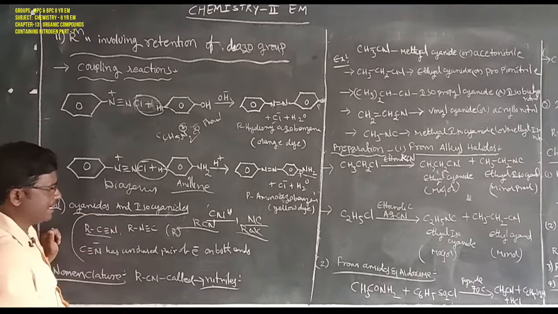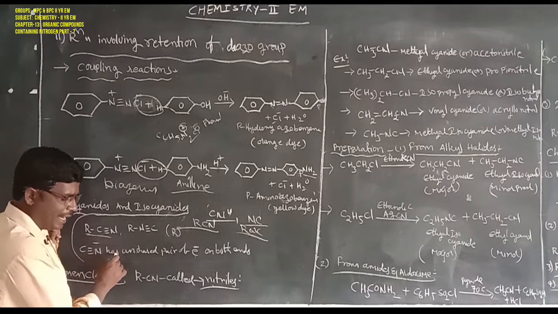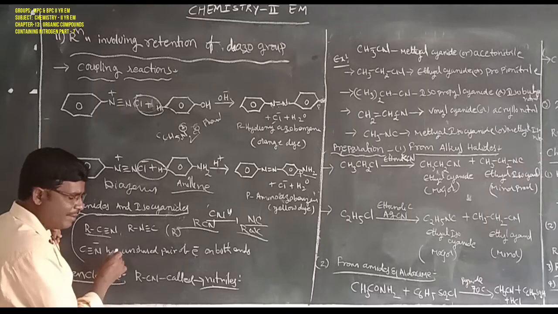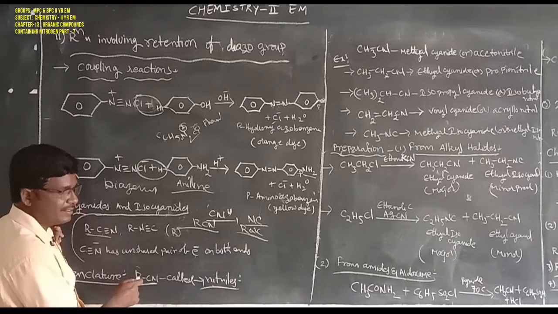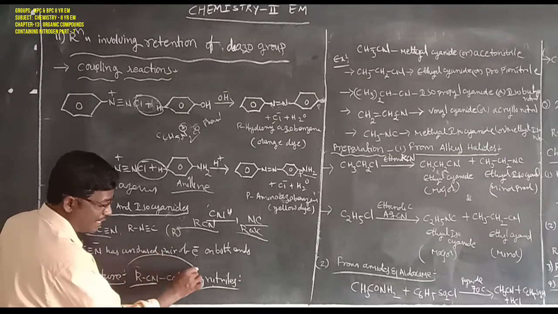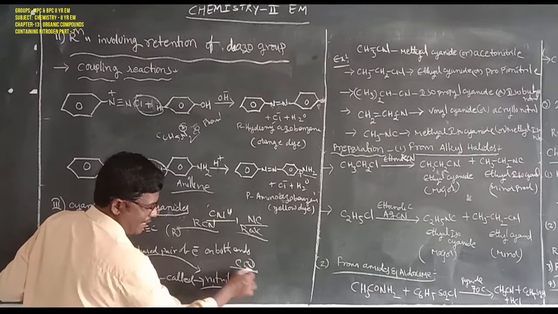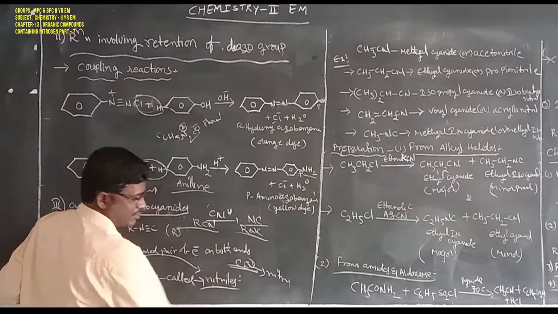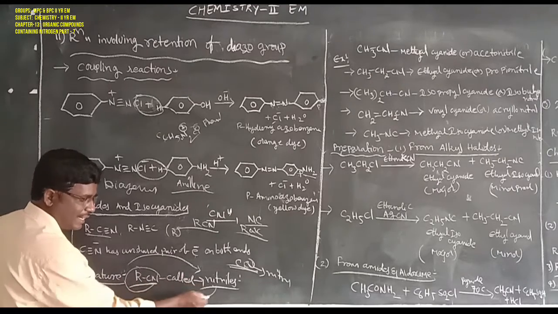That is also known as cyanides and isocyanides. Nomenclature: alkyl cyanides or alkyl isocyanides are named with cyanide and alkyl. This is the cyanide nomenclature, also called a nitrile. Here the CN is also called an alkyl cyanide. Next, the suffix is also known as nitriles. Cyanides are nitriles: alkyl cyanides or alkyl nitriles.